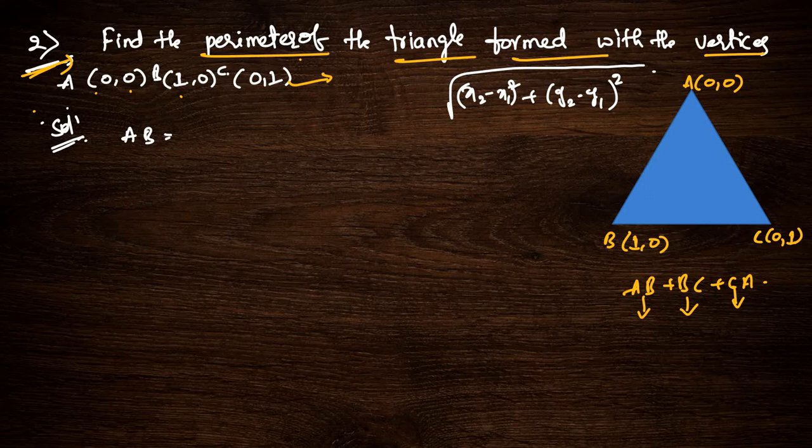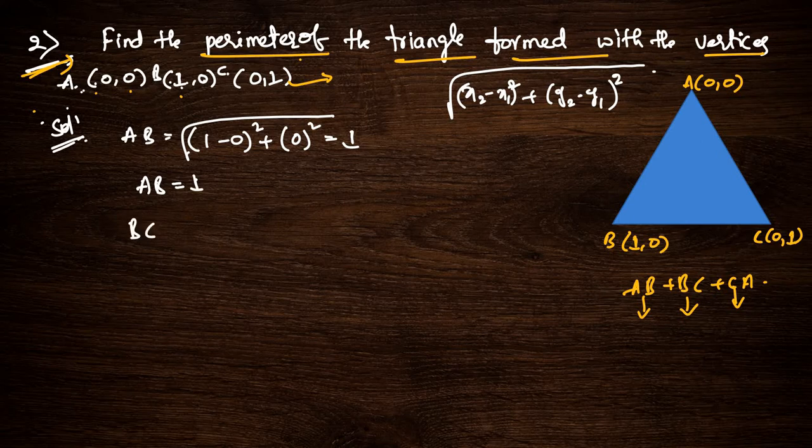So x2 minus x1 whole square means, we are doing AB now: x2 minus x1 whole square, 1 minus 0 whole square, plus y2 minus y1, 0 minus 0 whole square, 0 whole square. It will become 1 only. AB is equal to 1, and BC is equal to square root of